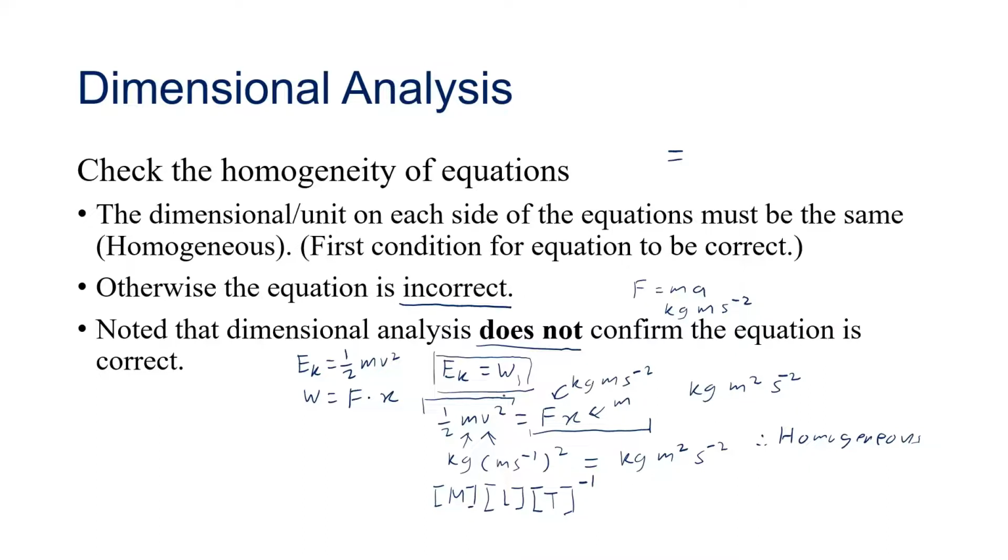And remember, there is a square, so we have to multiply the powers of L and T by 2. Now, you do the same for the work. You will get M, and this is length,